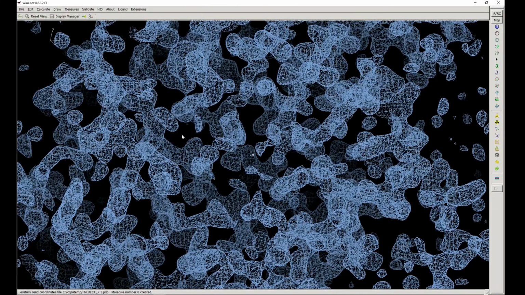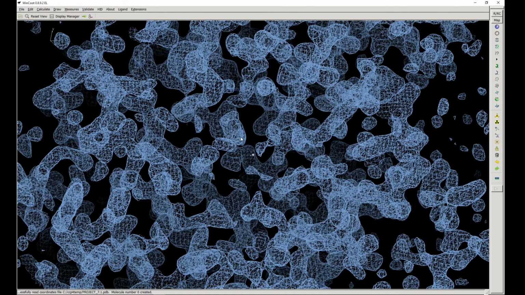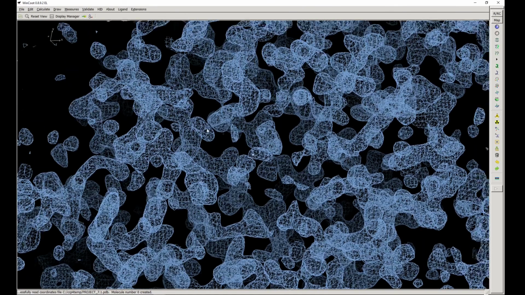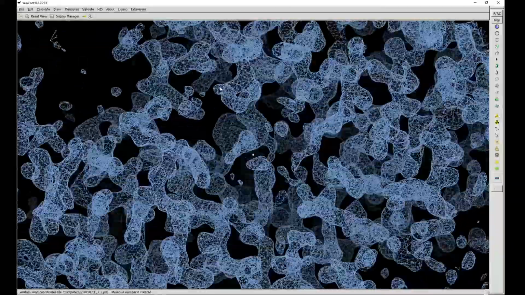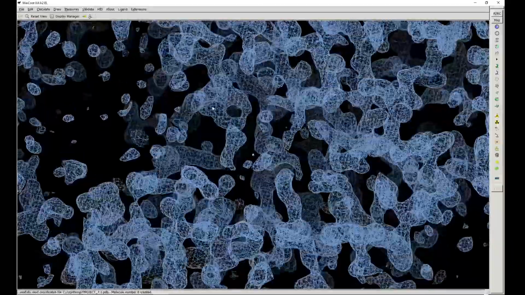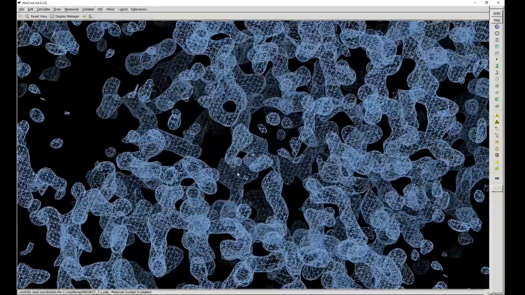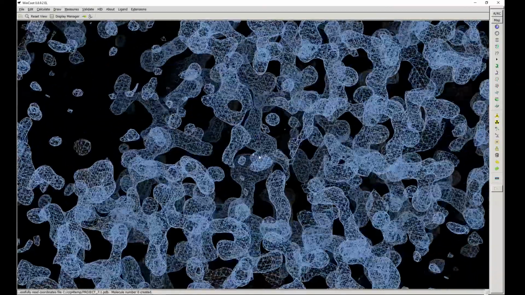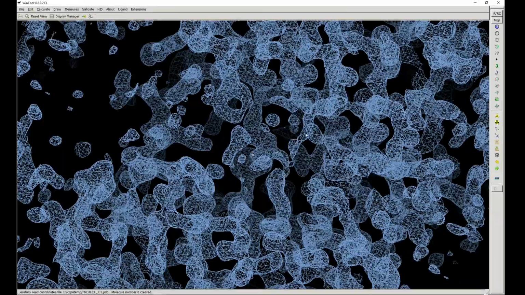So you can see it looks like a mess at first, but if you look carefully, like here, that looks kind of like a histidine side chain. You can see going in the back here, there's a large tube of density. That's probably a